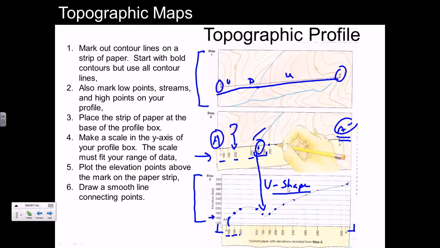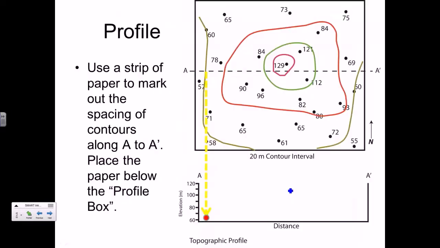Then what you do is you draw a smooth curve through the whole thing, coming back down to the stream. Every time a stream is intersected, you make a V shape, and anytime you go over the top of a hill, you kind of round it out. All right, so that's the general gist of it, and I'll show you a more detailed example in the next